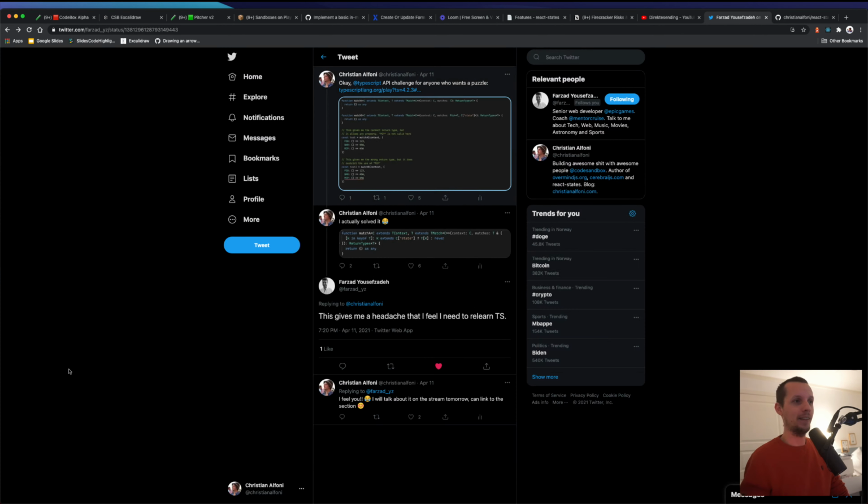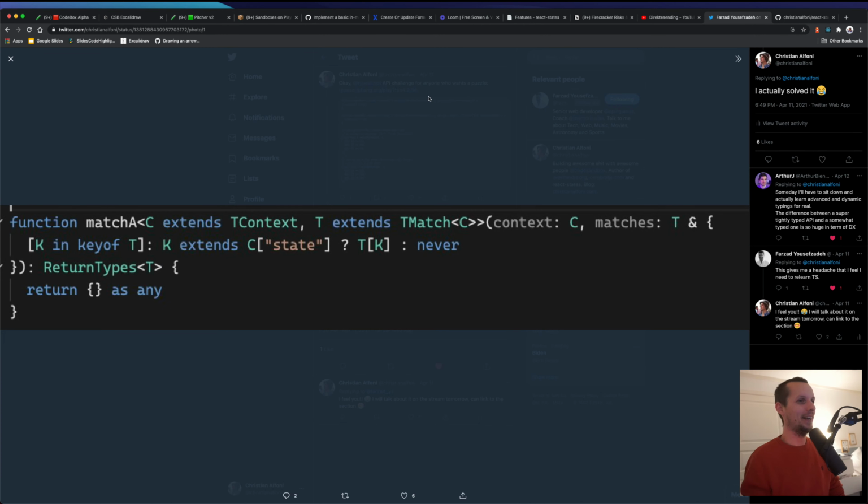So how do we fix that? I spent, I guess, 2 hours or something on this. The way to fix it is that you still extend it, but you give matches the generic it should be, and then you add a constraint on it. So it should be an extension of tmatch. Let's go through all the keys that you tried to add to matches, so foo, bar, and mip.